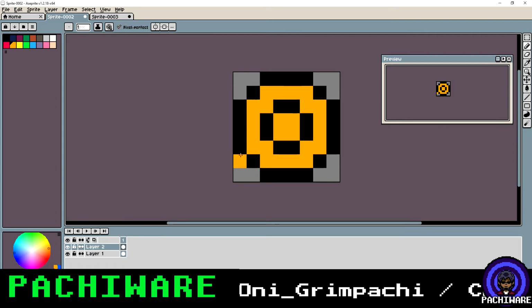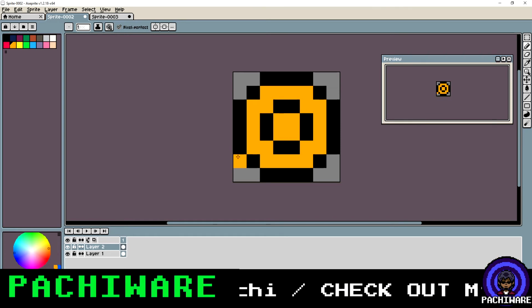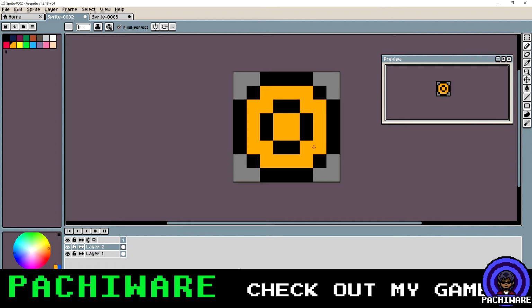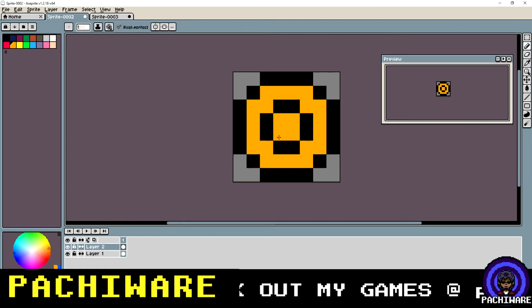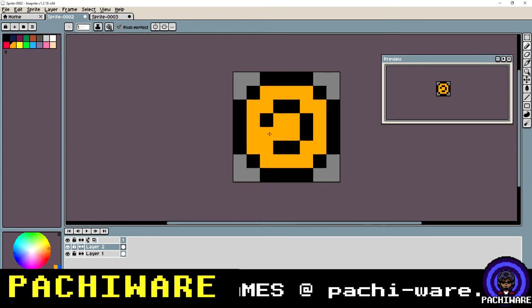But that could be the aesthetics of your game or whatever you're drawing. You could be making a pixel art portrait for all I know. Maybe that's what you want to go for. But let's say you want this to look a little bit more detailed, a little bit different. Use different colors. So you got to ask yourself,